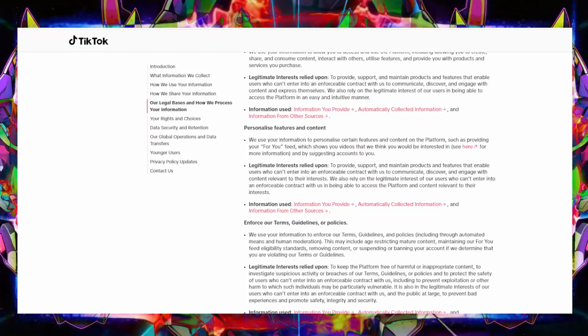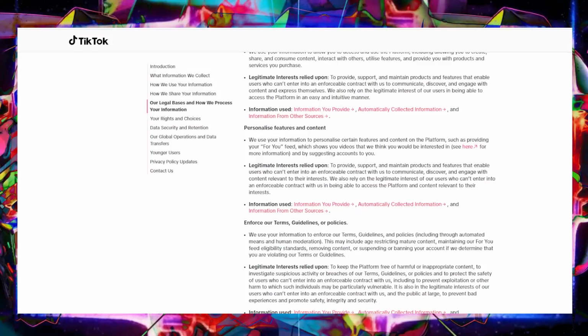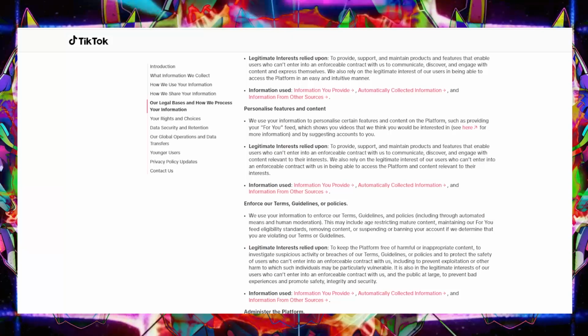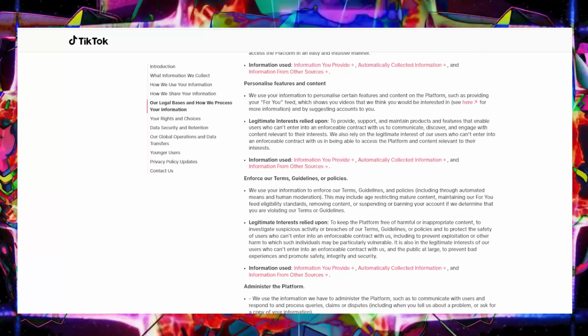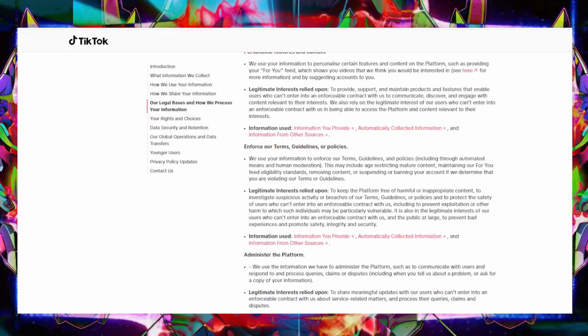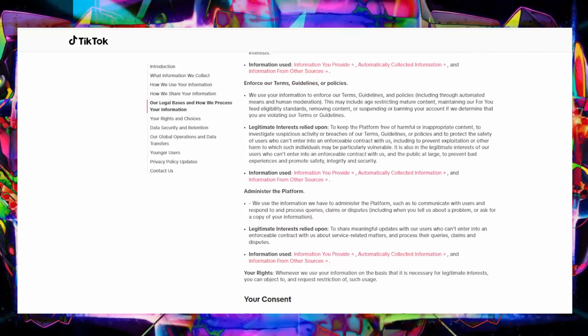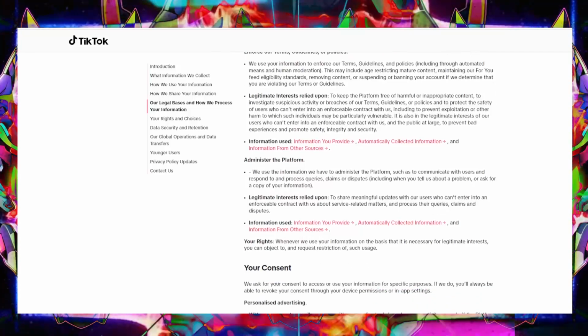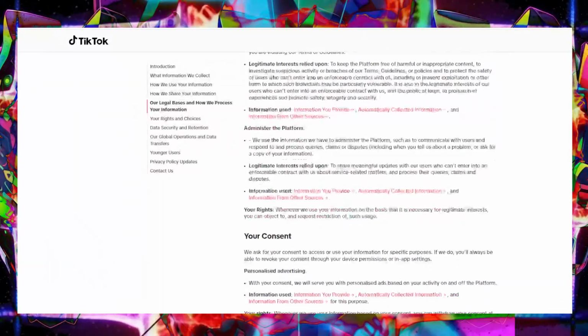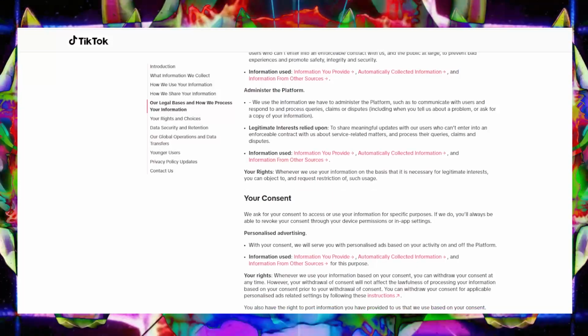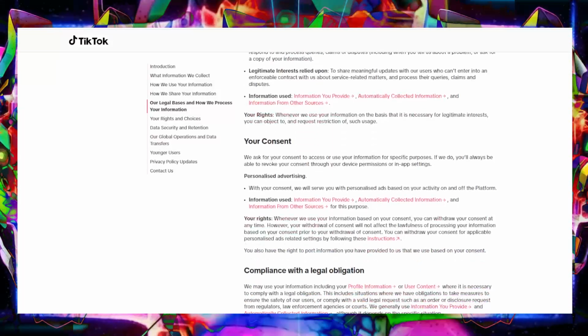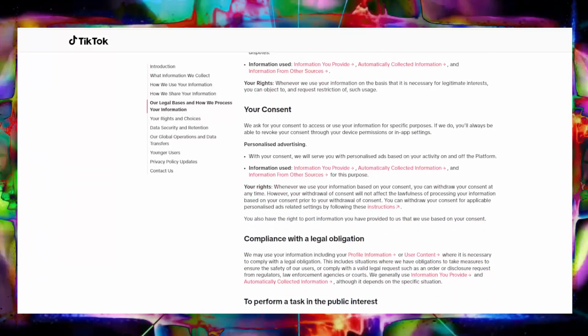So even if you hit that delete button, there's a chance some digital ghost of your data is still out there. Yeah, it's possible. And it just shows how important it is to be careful about what you share online in the first place. Once it's out there, it's out there. That is a sobering thought. Okay, so we can download our data, try to delete it. Anything else we can do to have some control here?